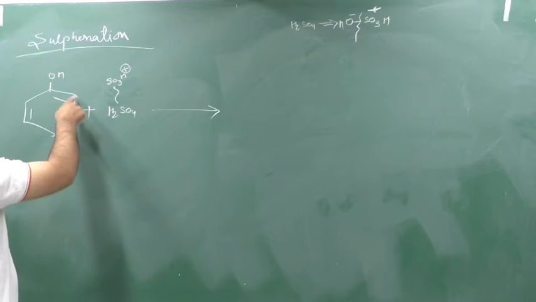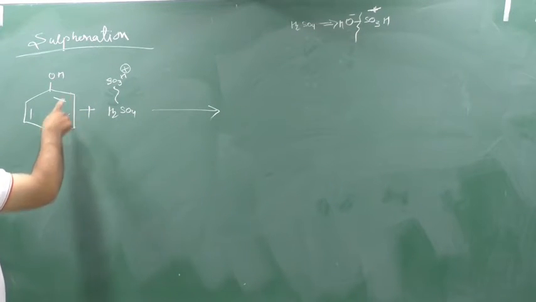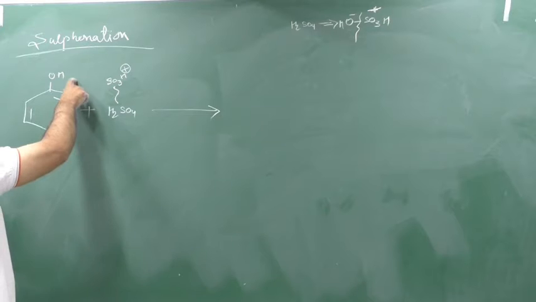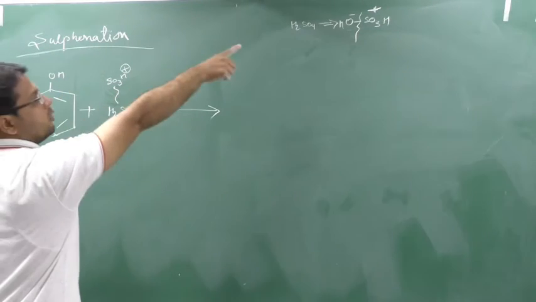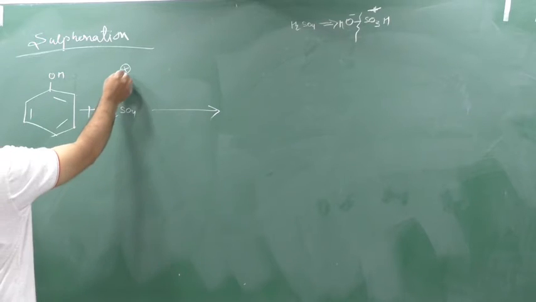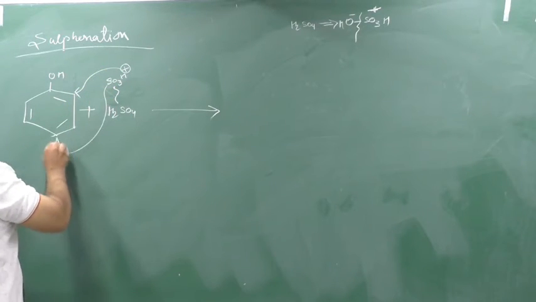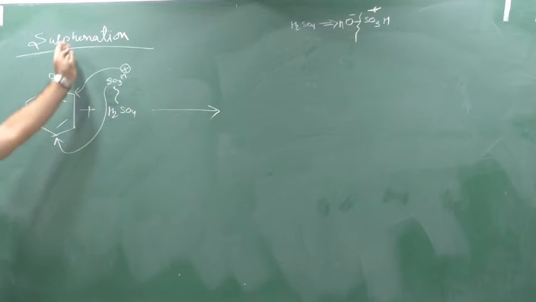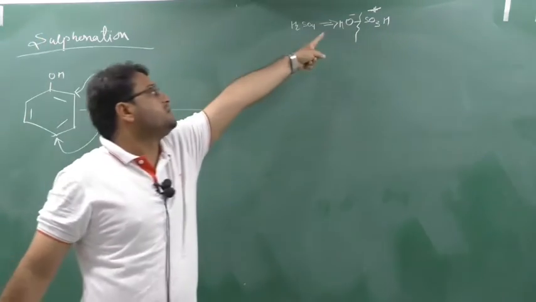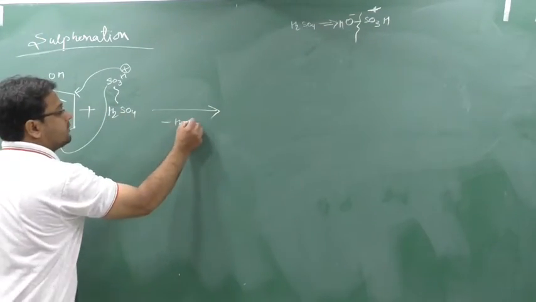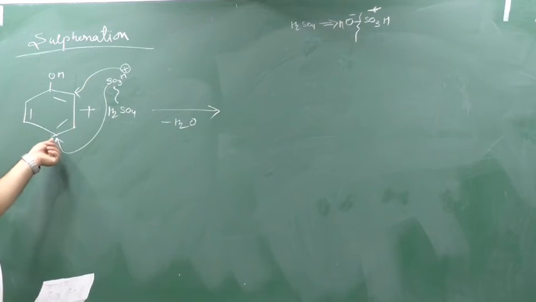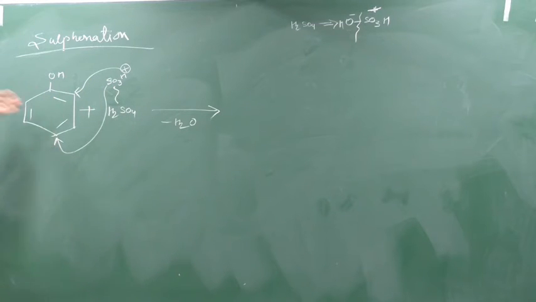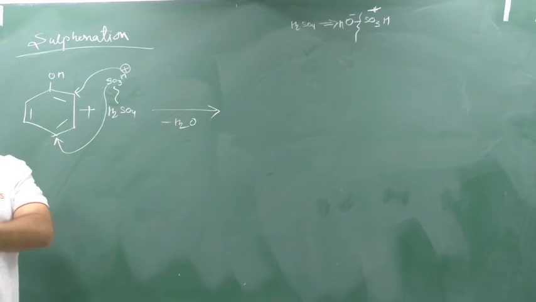So this SO3H plus will attack on the ortho position and on the para position. When SO3H plus is attacking on the ortho position, H should be removed. That H and that OH will form H2O. Clear? Because both ortho and para products will be formed. So H will remove as H plus, and that combines with OH minus, so H2O will be the byproduct. Or if SO3H plus attacks here, H plus is removed. So the electrophile is attached to remove an electrophile. This is an example of an electrophilic substitution reaction.